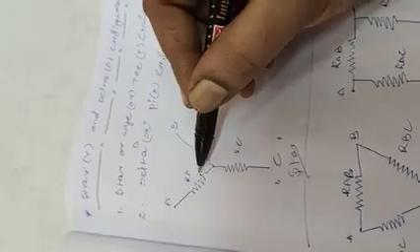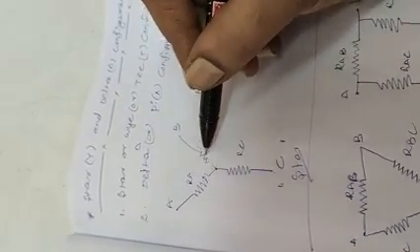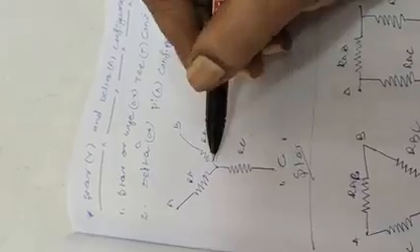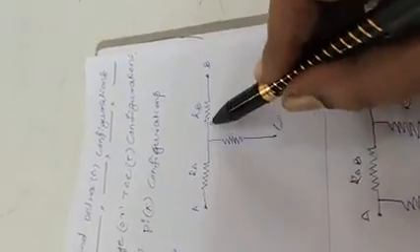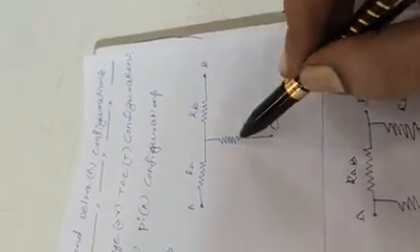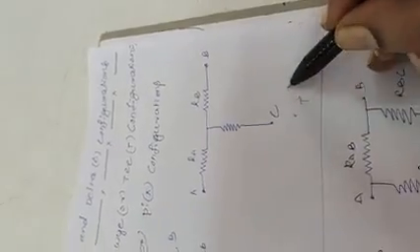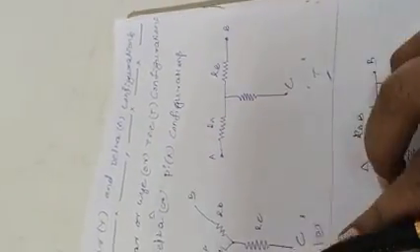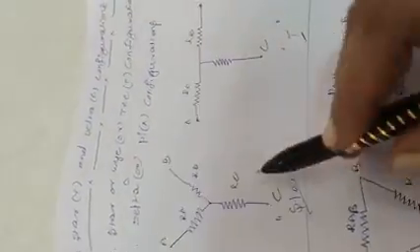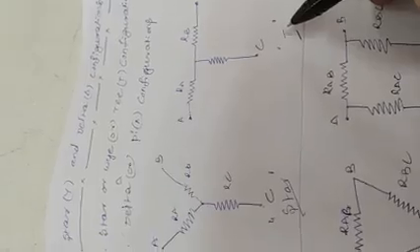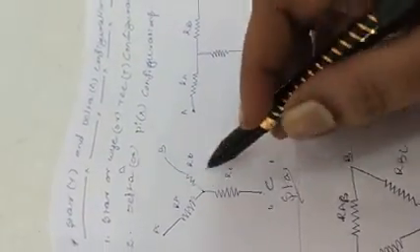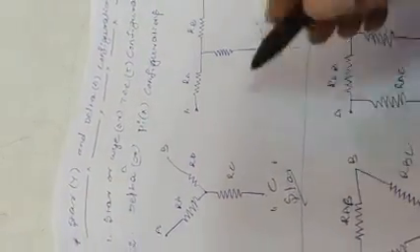Here resistors are combined like a star, so it is called a star configuration. When resistors are combined like this, RA, RB, RC, it looks like a T, so it is called a T configuration. So star configuration and T configuration are the same. Don't get confused here. The shape or diagram is different, but the total output is the same. In the case of star or T configuration, the total resistance is the same.